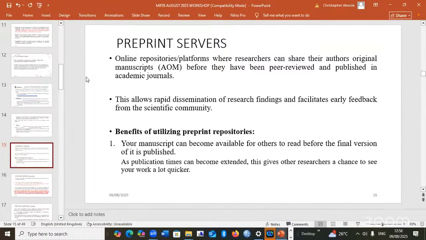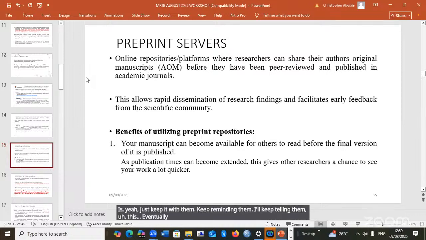There was one of our studies that was published early this year, and it had been out for review since 2023. For many researchers, this will be a harrowing experience. In fact, it was one of my former doctoral students that sent the work out. And at a point, she asked, and I said, since they have not rejected this, just keep faith with them, keep reminding them. Eventually, the work was published early this year.